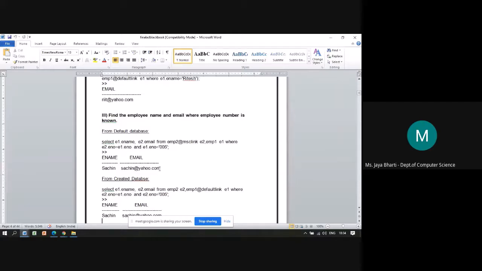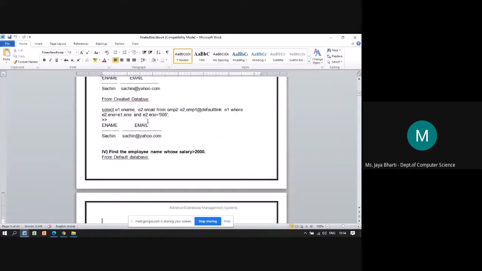Now the same query is executed on the created database. Only the database name is different. Here you have emp2 e2, comma, emp1@default link e1, so it is operating on the default link E1, where e2.enumber is equal to e1.enumber and e2.enumber is equal to 005.